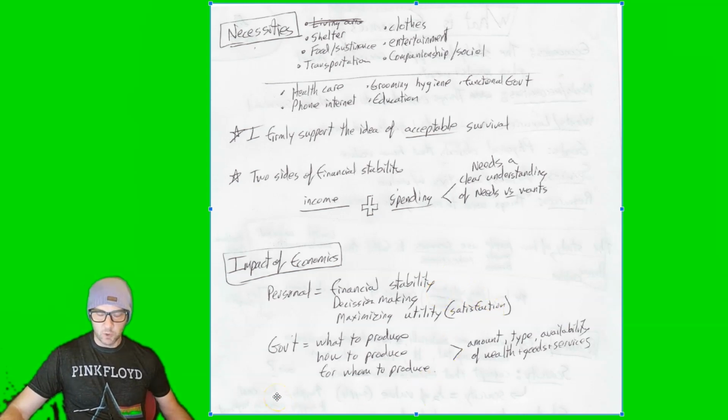As a government or a business, economics is very important to decide what we as a country produce, how we produce it, and for whom we produce it. Different governments will have different amounts of goods, types of goods, availability of wealth and goods and services. And you can see governments can really screw up their economies, and certain types of governmental economies lead to starvation, they lead to stagnant growth, and other types of economies lead to innovation, wealth, prosperity, healthcare. So it is essential for governments to make maximum economic choices to produce utility for their country and people.